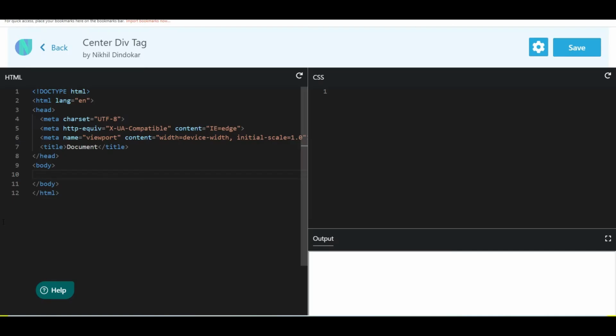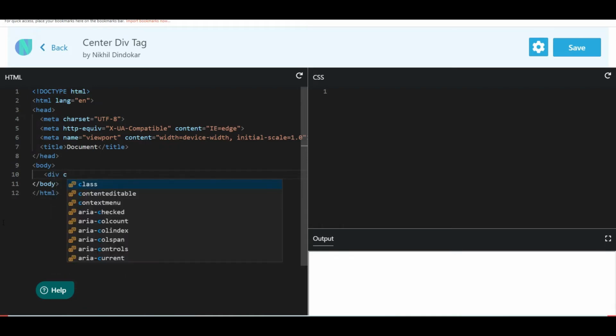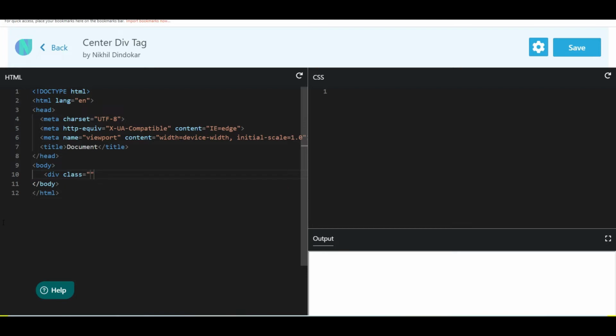So here is a simple HTML boilerplate. First we will add one div tag, and the class of this div tag we will give main box. You can give any name to it. Now add another div tag. The class name of this div tag will be box, and we will add demo text inside our box.